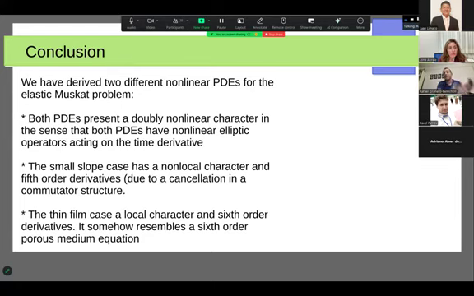Sometimes there is an elliptic operator hitting the time derivative. For instance, in the Benjamin-Bona-Mahony equation, there is an elliptic operator hitting the time derivative, but the elliptic operator is linear. I'm not claiming they are the only PDEs having this nonlinear elliptic operator. There are other cases I'm aware of where a nonlinear elliptic operator hits the time derivative, but in my opinion they are not that common. And so I think it's interesting to observe this